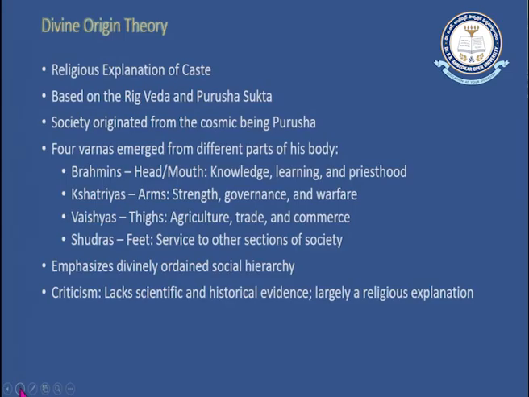As we have discussed about the Chaturvarna system, according to this particular theory, society originated from the cosmic being called Purusha, and the four Varnas originated from the different parts of the body. For example, Brahmins originated from the mouth, and that is why their profession is connected with knowledge, learning and priesthood. Kshatriyas emerged from the arms, and that is why they are considered the seat of strength, governance and